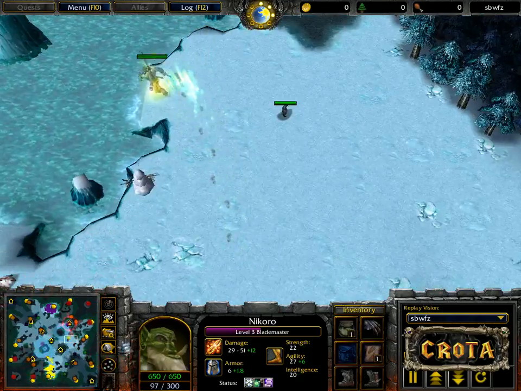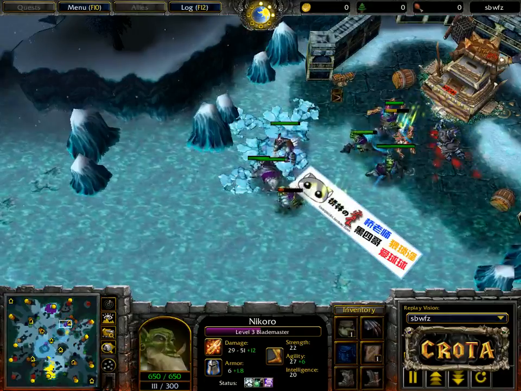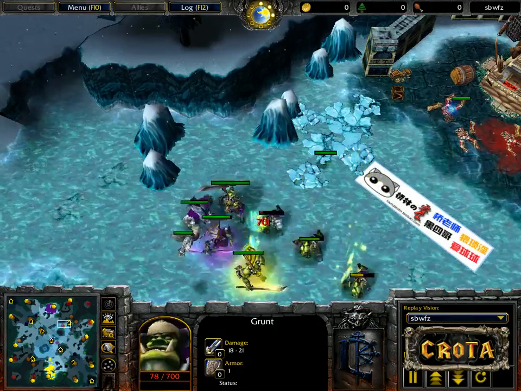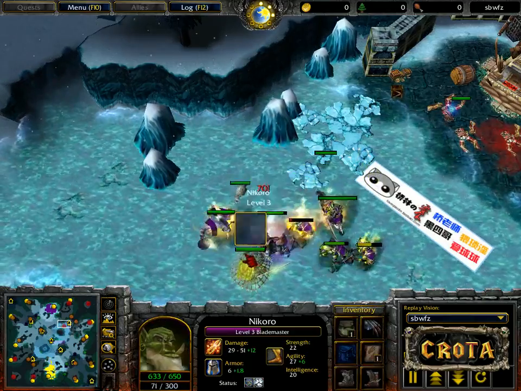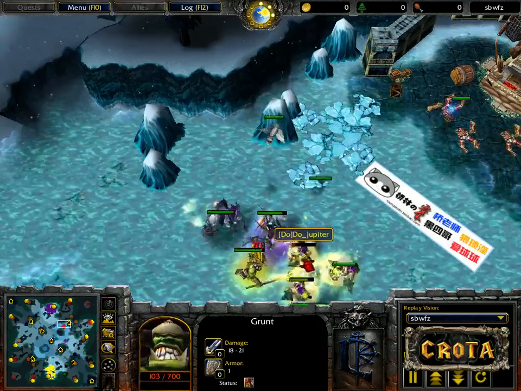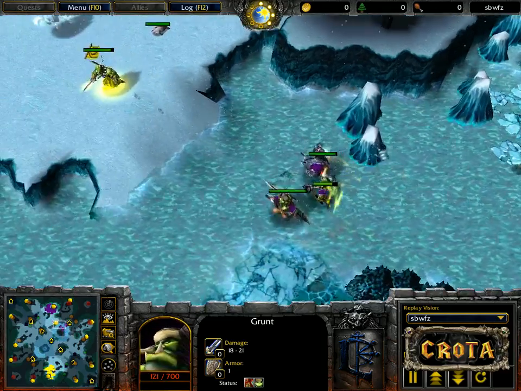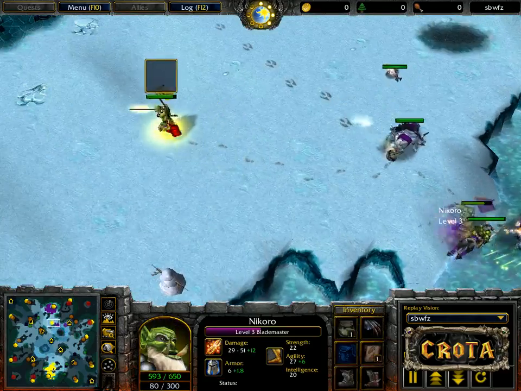Blade Master of Xiaokk wandering around, hoping to find that Shadow Hunter and cause a bit of harassment. He may end up getting a free grunt instead. There is that damage, but there is the ensnare. All right, Healing Wave coming in just in time. Jupiter with that Spirit Link is currently okay, trying to back off as we now take a look as the